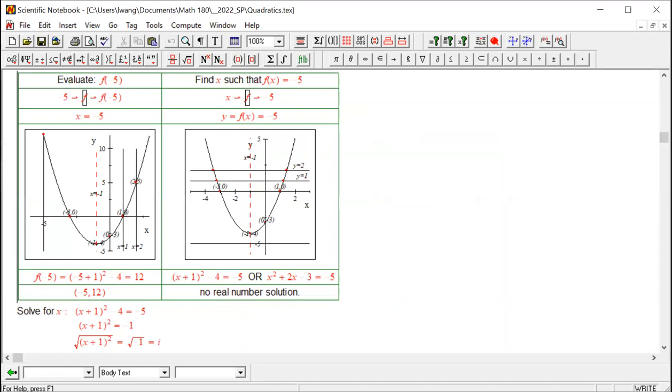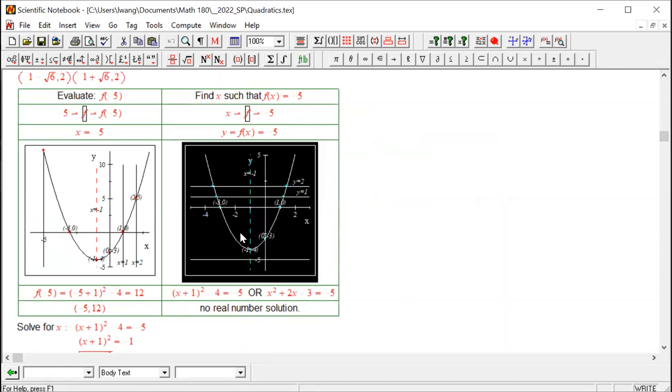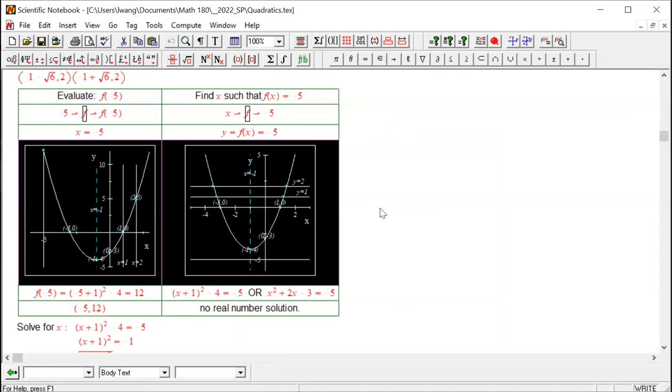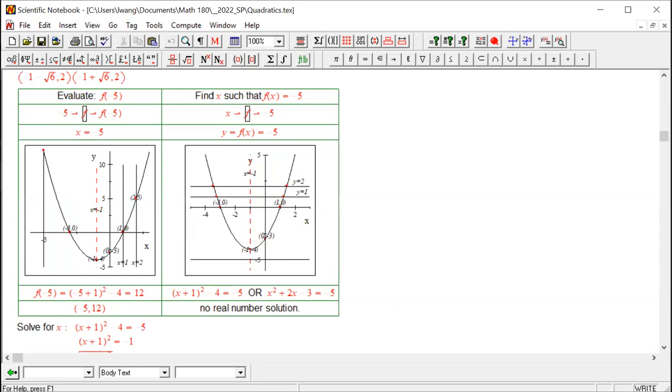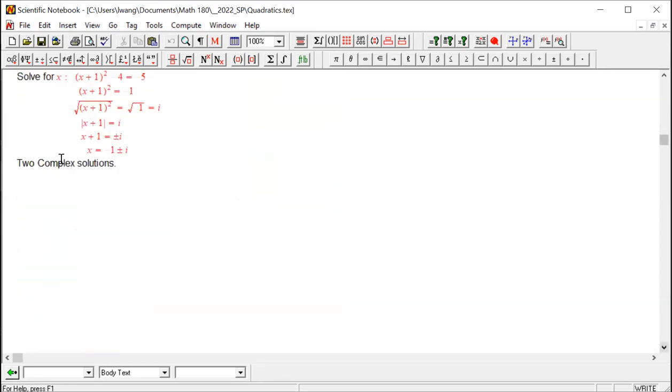So I'm going to bring what we have so far, right? We have these pictures, horizontal line, vertical line, and so on and so forth. And the next thing we're going to do, we're going to look at another question. We're going to have a sequence of questions. The question number 1,